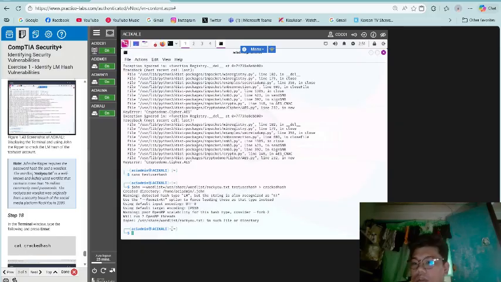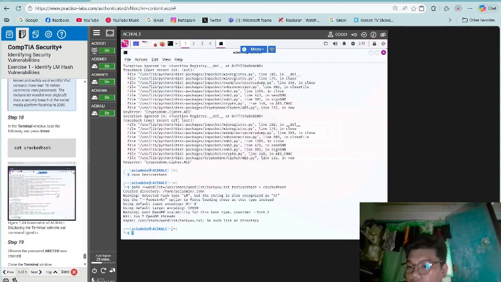Note, John the Ripper requires the password hash file and a word list. The word list rockyou.txt is a well-known and widely used word list that contains more than 14 million commonly used passwords. The rockyou.txt word list was originally from a security breach of the social media platform RockYou in 2009.